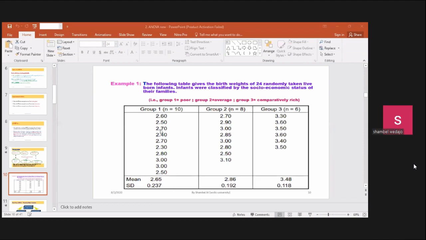አንዷ 2.7፣ አንዷ 2.3 እያለ እስከ 2.5፣ ኢቭን 3 አለ፣ low socio economy።